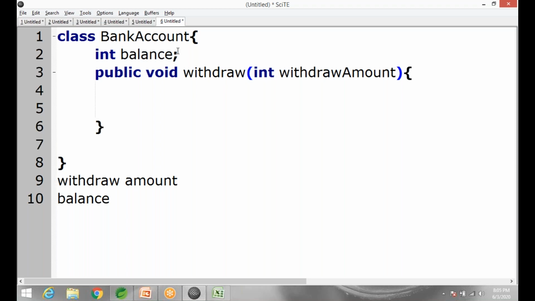Yes. Now when you go to an ATM machine and you want to perform the withdraw operation, do you just enter the withdraw amount or do you enter the balance as well? Just the withdraw amount. So it makes sense to have withdraw amount as the parameter,